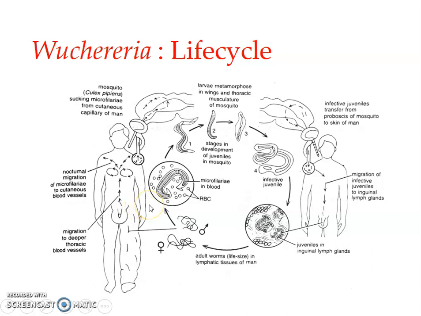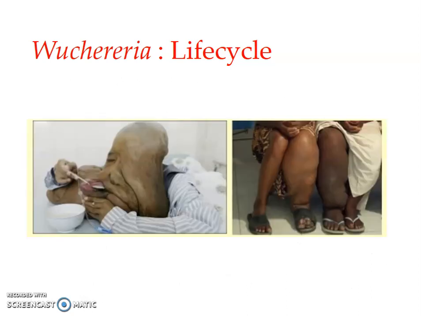Okay, so the pathogenesis: when we speak about the lighter infection, it doesn't cause any serious symptoms. It causes things like fiery fever, mental depression, headache, etc. But in case of heavy infection, the accumulation of living worms as well as dead worms eventually blocks the lymphatic vessels and lymph glands and results in different kinds of pathological conditions. The most severe kind of this infection is the immense swelling of the affected body parts. You can see over here. The typical one is the swelling of the lower part of the body. Okay, and this is known as elephantiasis or filariasis.